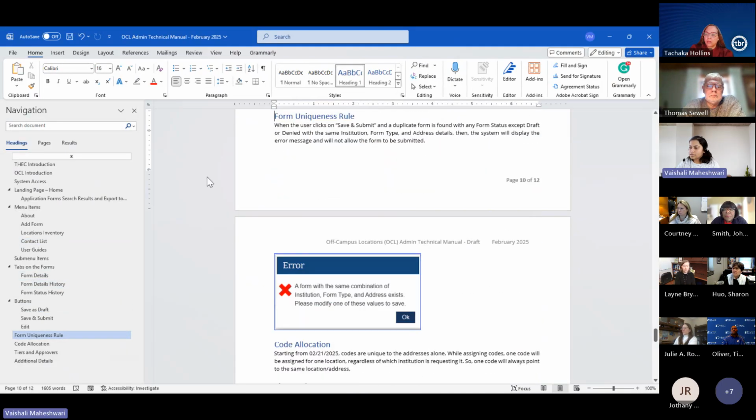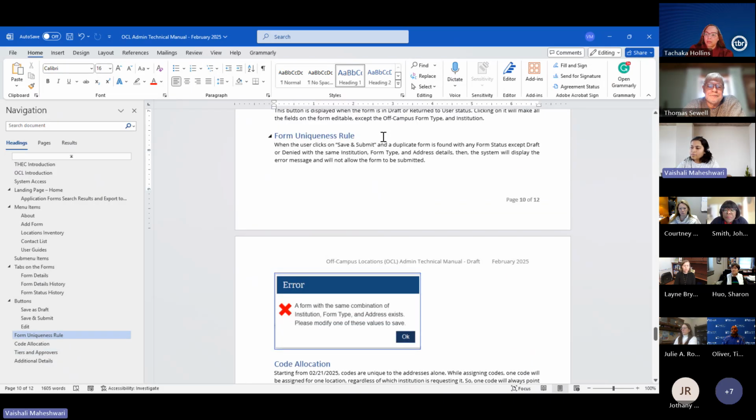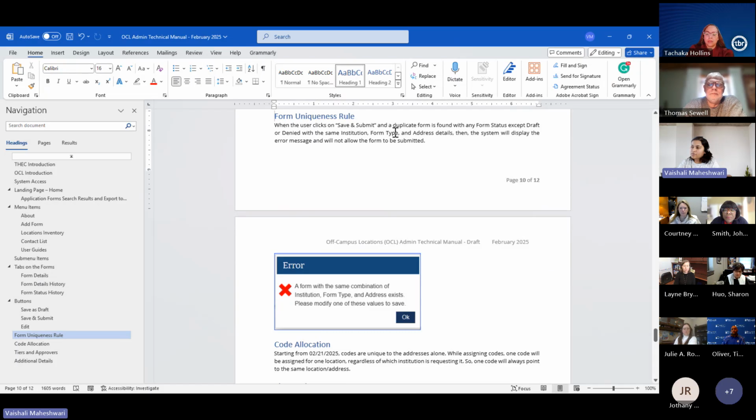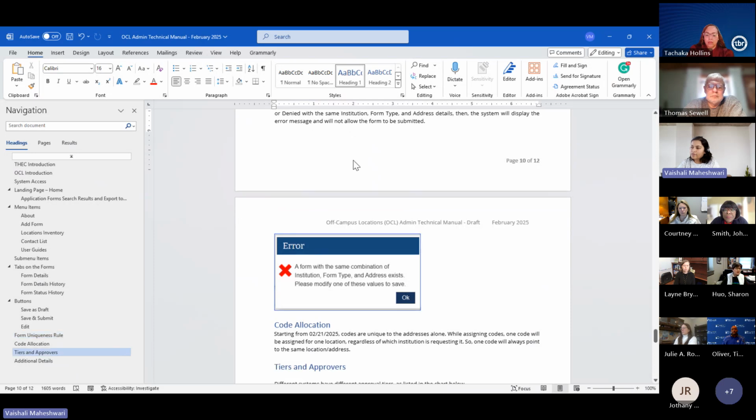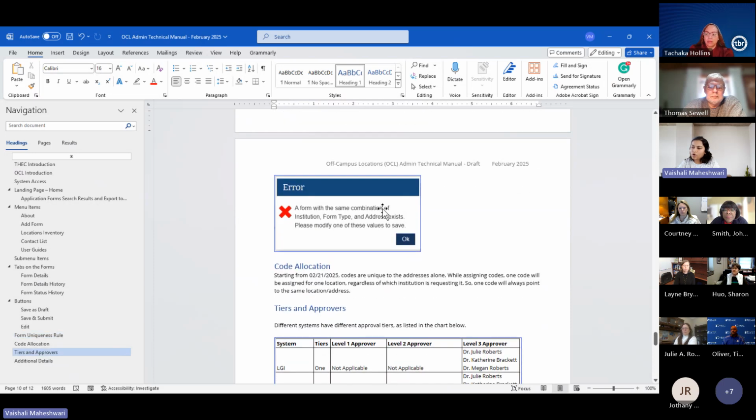So, form uniqueness rule. When you click on save and submit, we have code in the system which will search for forms, except the draft and denied forms. It will look for awaiting L1 approval, L2 approval, or any other approved form. And if it finds a form with the same combination of institution, form type, and address,